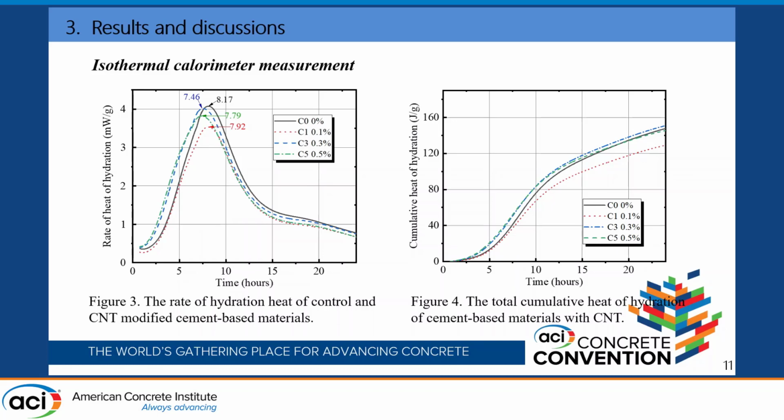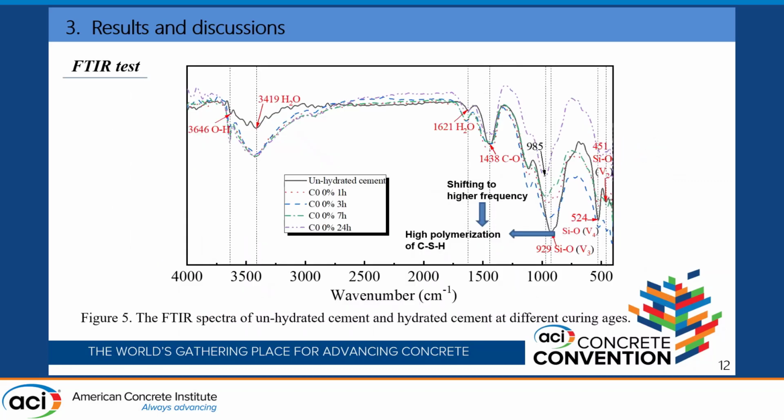And we didn't do any TGA. So apparently, based on other results, this could be important, that there is an influence on the hydration, shown also in the cumulative curve. We don't understand why 0.1% is lower than the control, but that's what we observed as far as the cumulative curve is concerned. So then she studied the FTIR results, as I mentioned, at different hours and with different additions of carbon nanotubes.